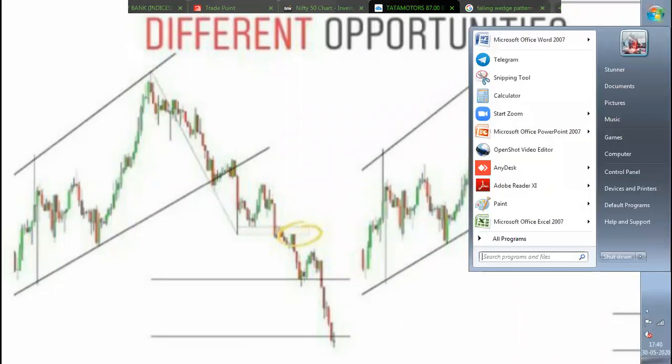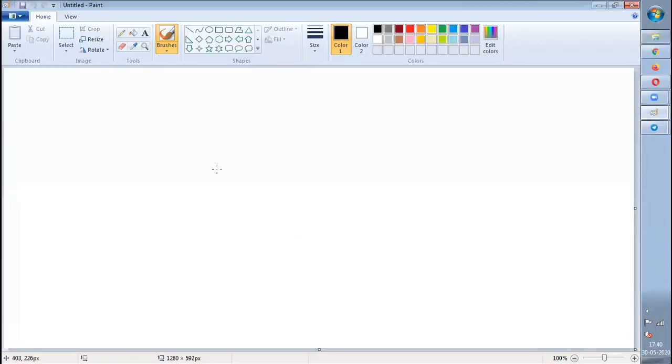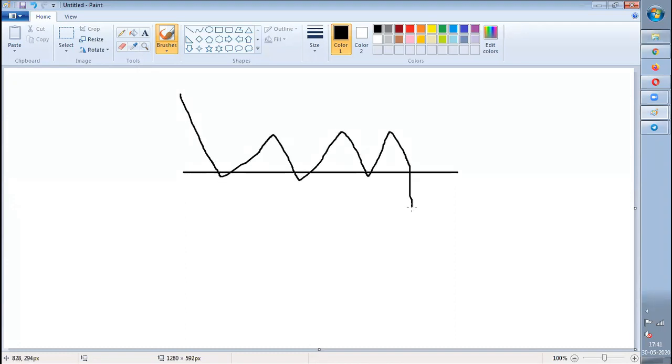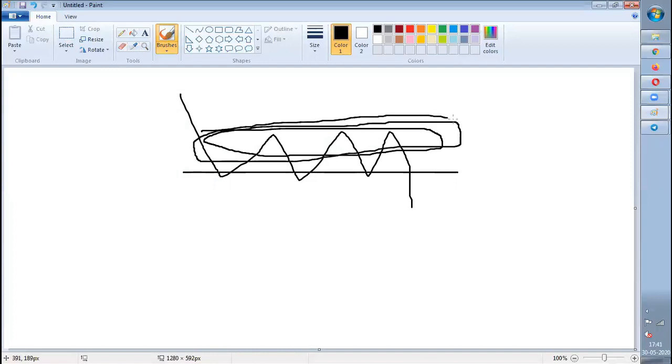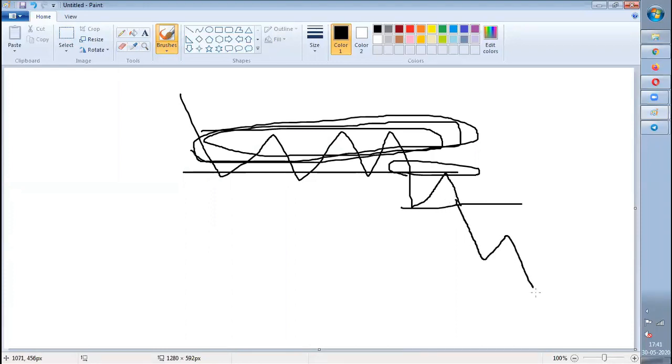Okay, I'll just draw and show you. Assume this is a support. Market is trying to take support, taken a support and broken. So till the time market is taking support, the stock is in a bullish trend. That means this tells the market is bullish. Now the support is broken and it is going and taking resistance at the support, which was before a support, now a resistance. This shows the stock has become weaker. So whenever this point is getting broken, the bleed is for sure.